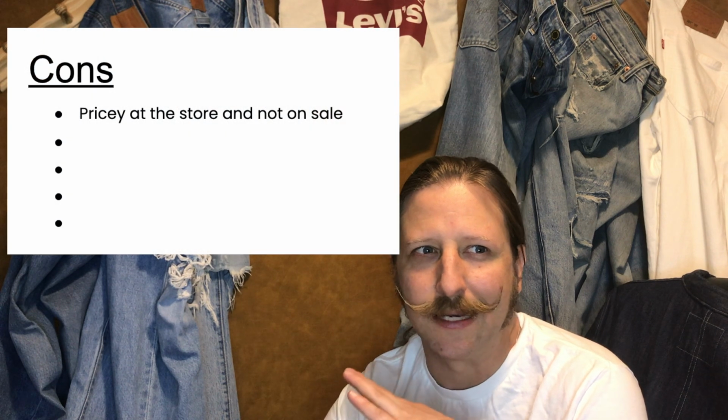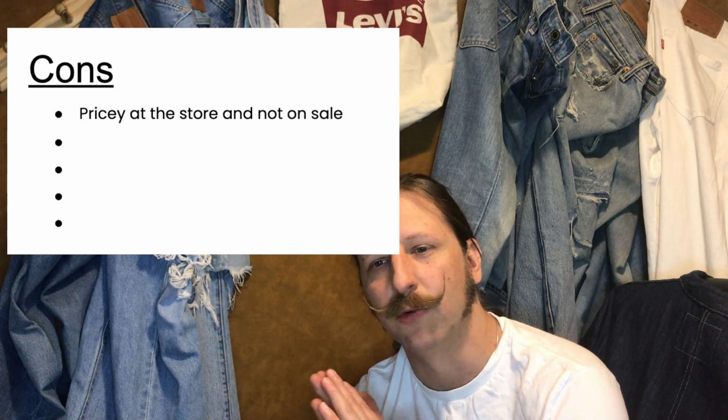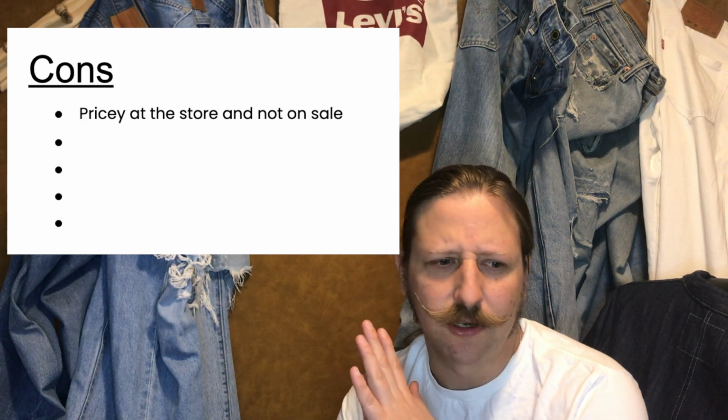Now, let's talk about the downside, the cons of it. If you buy a pair of premium from the store, no sale, or even online, it might get a little pricey, more than you would think, and I would be a little shocked. But if you wait for sales, if you get the items that you really want, then it goes down a lot,